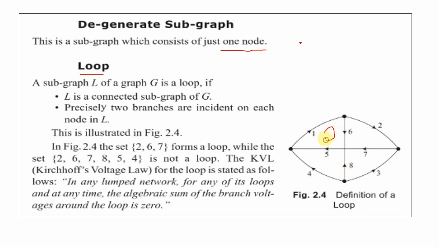Suppose this is the closed path, it is called the loop, and if it does not form a closed path like this, it is not a loop. So in this figure particularly, the set 2 6 7, so this is your 2, this is your 6, and this is 7, this forms the loop, right? Suppose somebody said 2 6 7 8 5 4, so this is 2, then 6, then here 7 8 5 4. This does not form the loop. Loop means it is only one closed path,